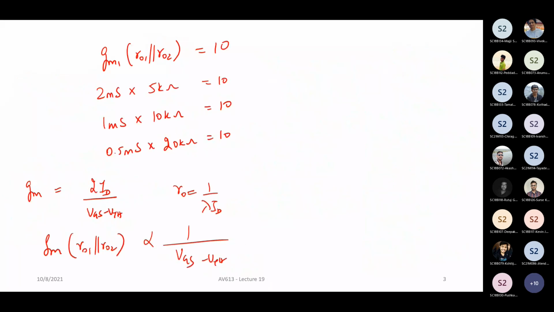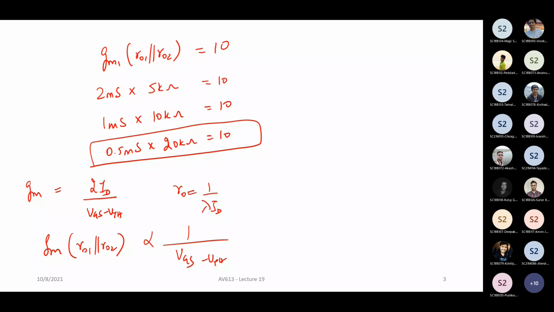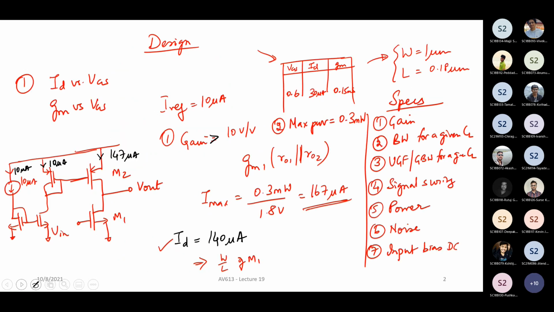Now, what will you do? If you want a particular GM, if I'm going to choose this combination, I have to increase the width appropriately. So 0.5 into 3 is 0.45, so maybe I will take W equal to 3 micrometer by 1 and L equal to 0.18 micrometer. This will give me a GM of 0.45 millisiemens because the scaling will all happen correctly. Although the mu and Cox equation doesn't happen correctly, if you double the W by L ratio, you will get double the current and double the GM if other things are kept constant.